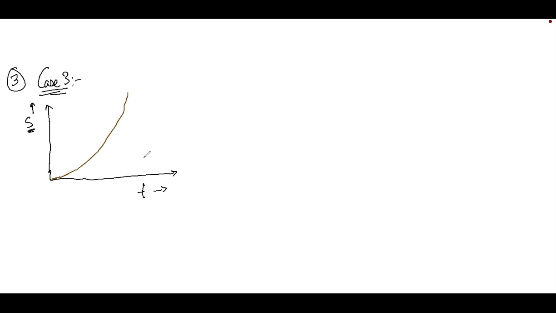So this is the displacement time curve, and here if you observe carefully, this is not a straight line. This is a curved path. So what does this curved path mean? This means non-uniform motion. But one more thing you can decipher is that at every point the slope is different.